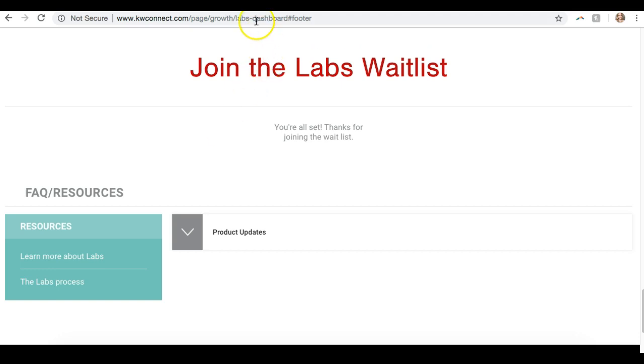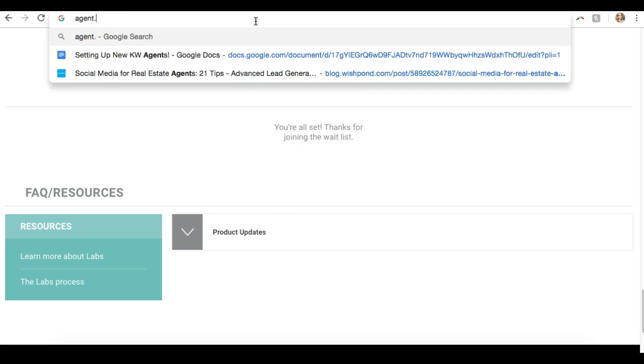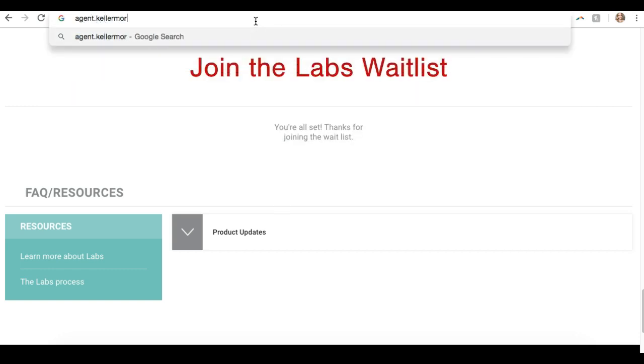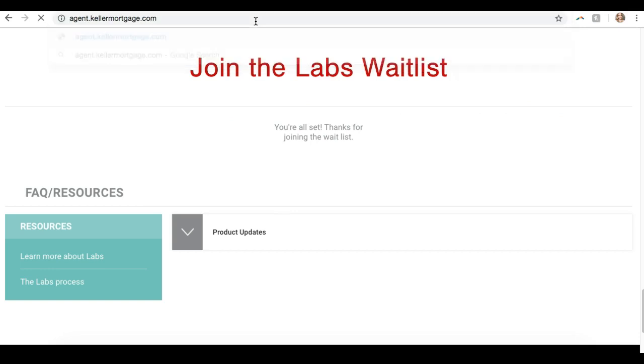Alright, the next thing we can show you guys that's brand new for KW is Keller Mortgage. So if we go to agent.kellermortgage.com,